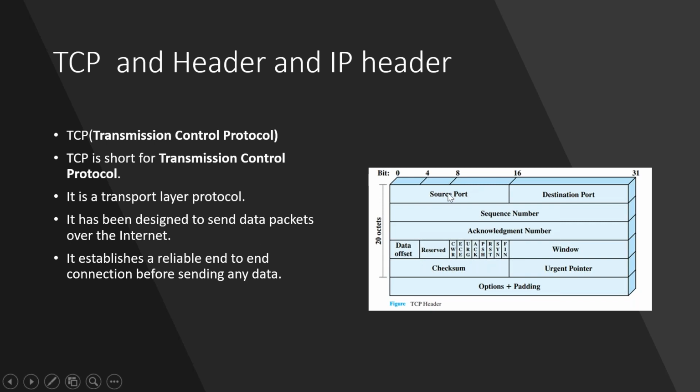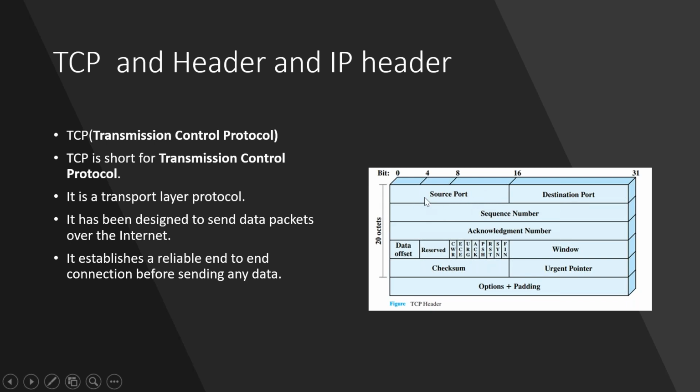And this is the header. The header is a direction. The meaning of a TCP header is that it gives a direction on how to reach the destination, like the head of the data. Data is like the body, just imagine a human body. The data is the whole body, and the TCP header is the head, which gives a direction on how to go in the internet. The TCP header has the source port and destination port.